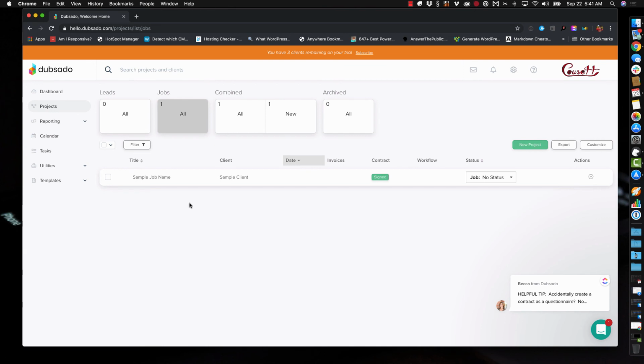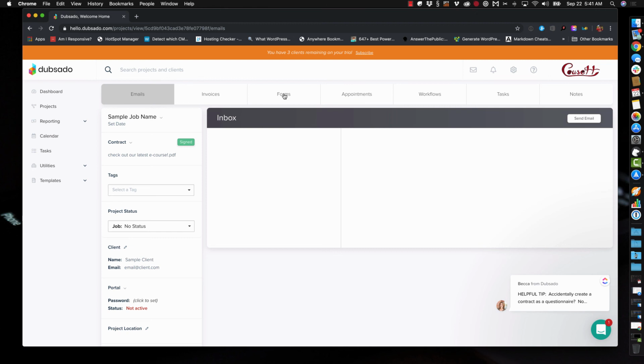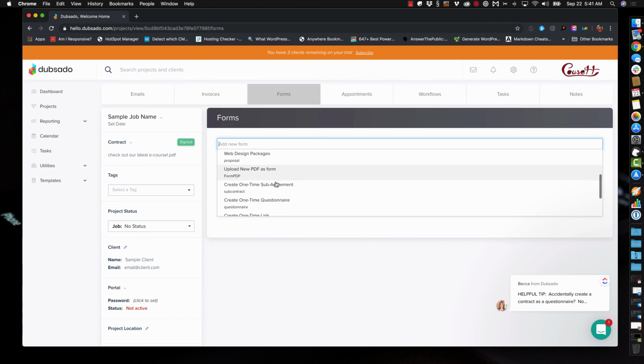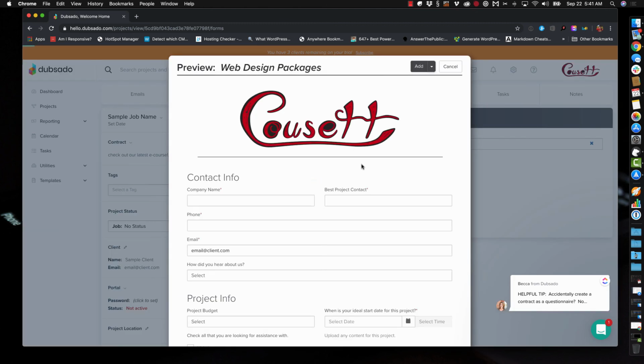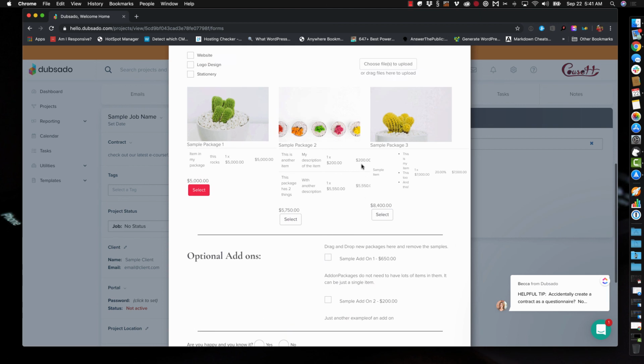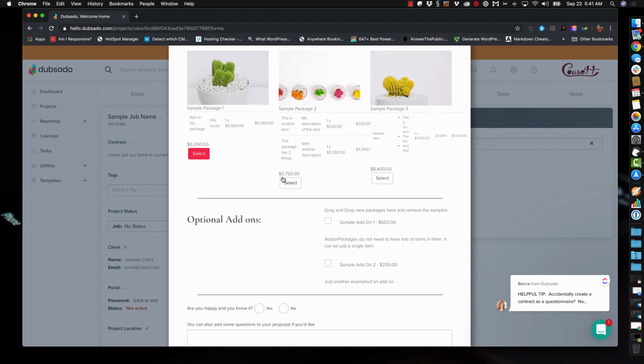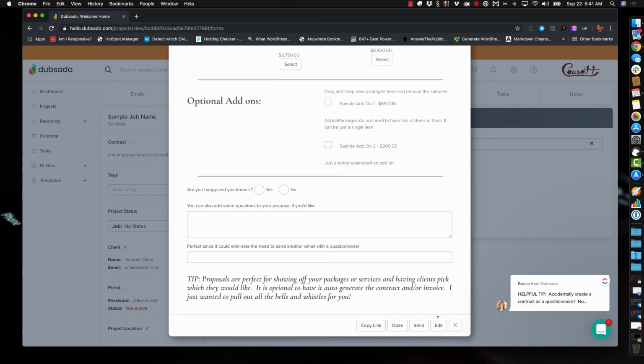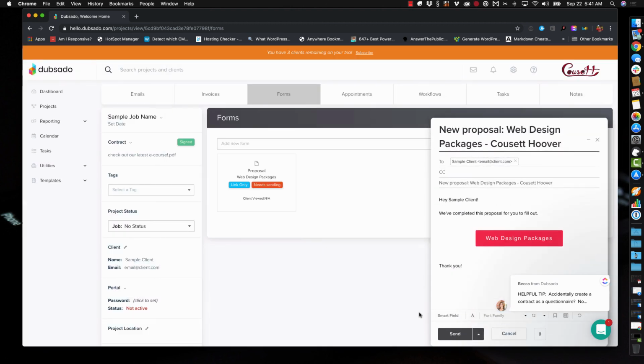So if we go to sample job name and go to forms, we can automatically add that proposal to this form. So there's our web design packages. It will give us a preview. So if you need to change anything, again, like I said, I talk with the client or potential client, and I will go in and sometimes select the things that we talked about. So we can add, and if you need to make any changes, you would click on edit. Otherwise, you can just click on send, and it will automatically put together an email for you